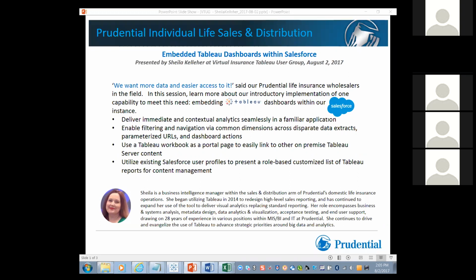We thought that one of the applications that they use prolifically is Salesforce. So we thought maybe it makes sense to try to integrate some analytics within that platform. It's something they're already familiar with, and we'd have the opportunity to make it immediate and contextual when they're doing their work within the Salesforce application. So we partnered with Slalom Consultants, who assisted us in the development of this, and we developed some introductory embedded dashboards within Salesforce. So I'd like to bring up my test Salesforce